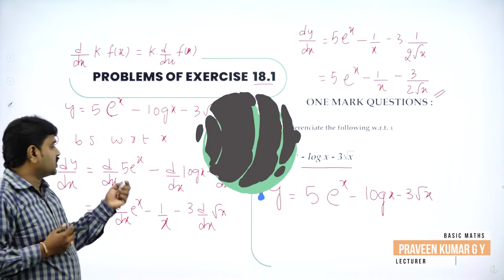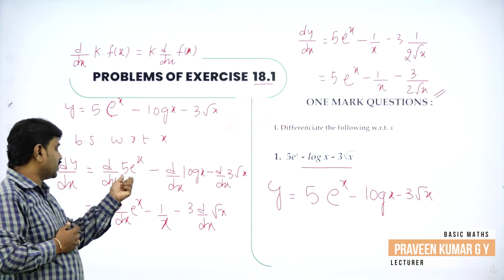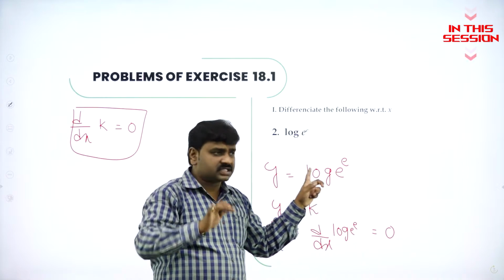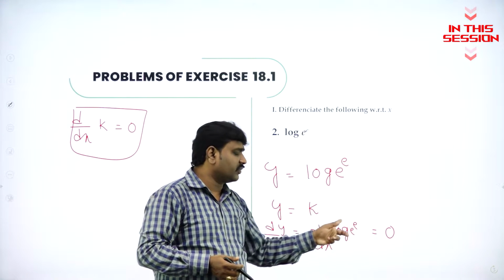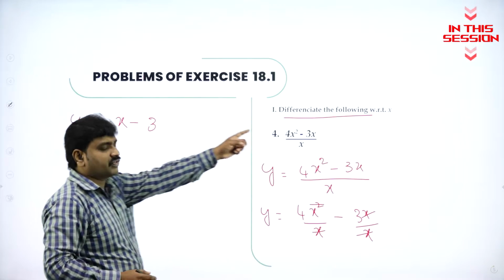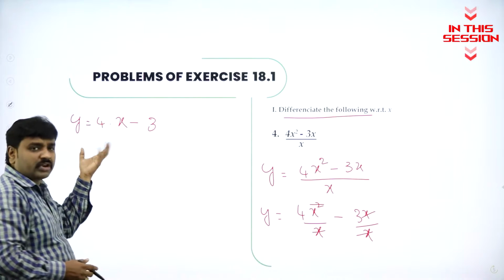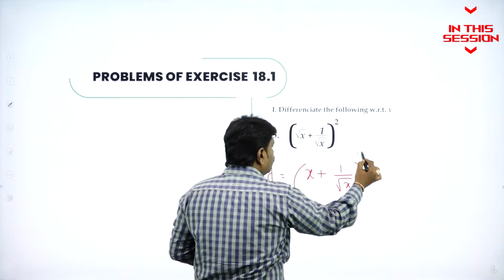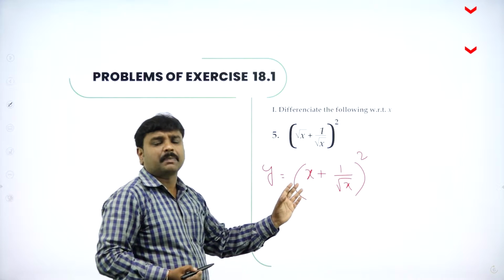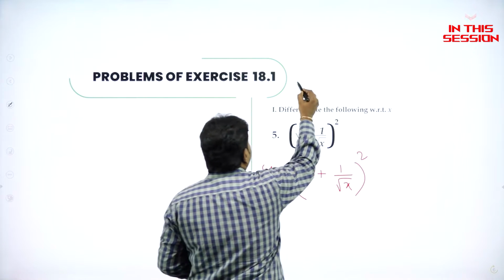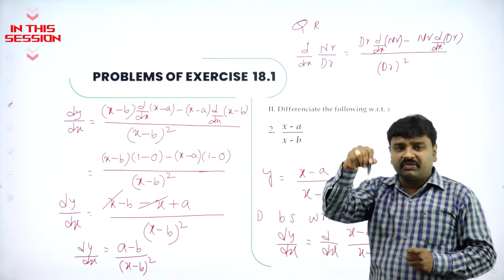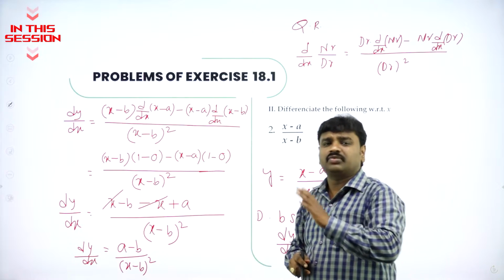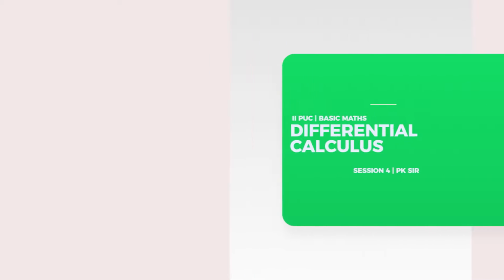All numbers are what? Constant. So pi is a number, it is constant, so take pi outside and differentiate e power x. So e and e power e is constant, log e is also constant, derivative of constant is 0. This was a given problem, so split it, it will become 4x minus 3. Now it is simple. So now before you differentiate, simplify this. Apply a plus b the whole square. All of you know what is a plus b the whole square. In the denominator v square, numerator v into du by dx minus u into dv by dx.